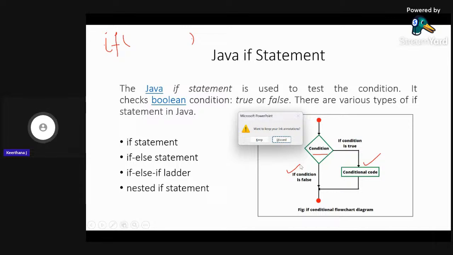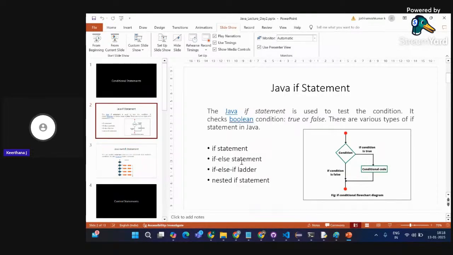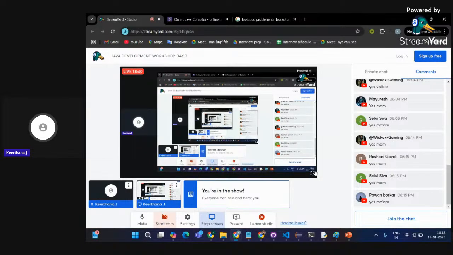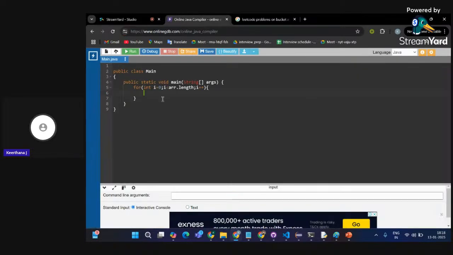We do have things like simple if, okay, and if else ladder, in the sense that you'll be giving some condition and some block of code. If that condition fails, you will be writing the logic which you want to perform in the else block. And in the else block you will not be giving any condition. Okay, and if else if ladder. When I'm telling you the example, you will get things more clear.